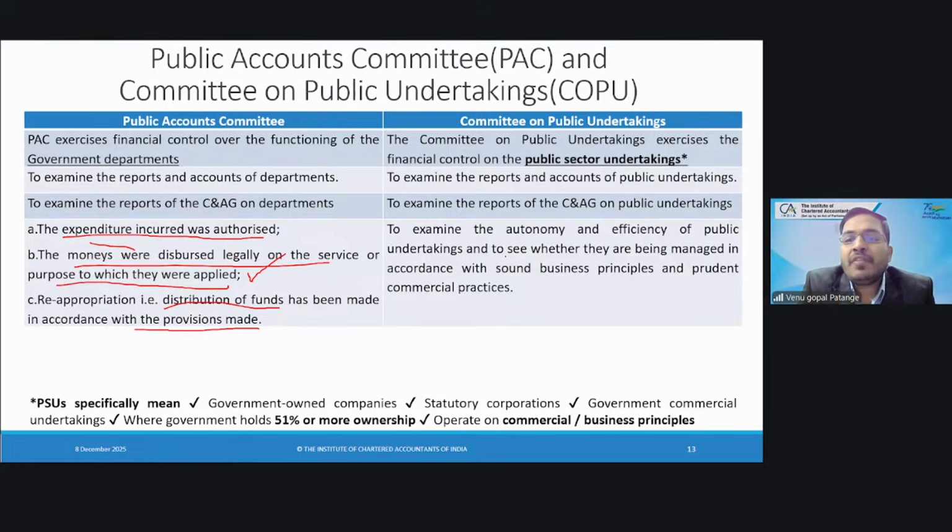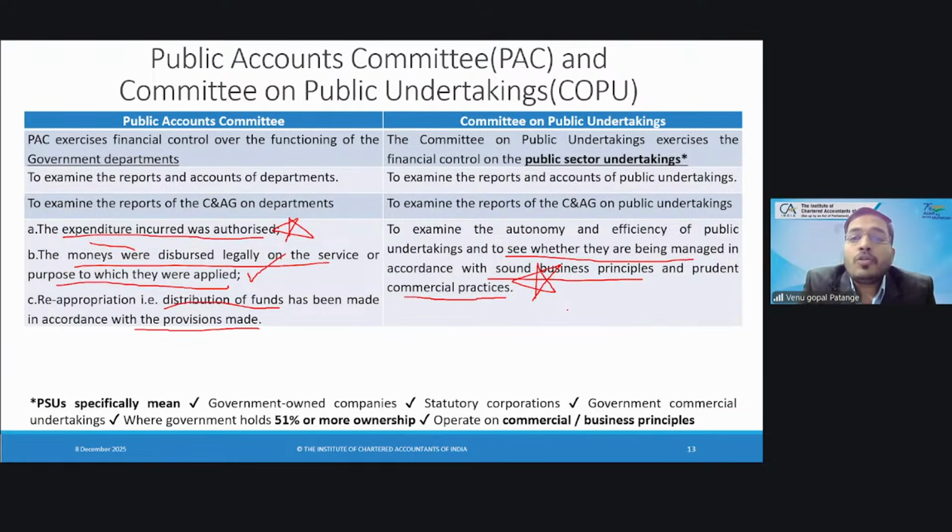Here you see whether they are being managed in accordance with sound business principles and prudent commercial practices. So in COPU, we are discussing at a high level, where all the activities of public undertakings have been carried out with sound business principles. Here, for example, a government school, you have not applied any business principle. Here you are running, let us say, petroleum, oil,